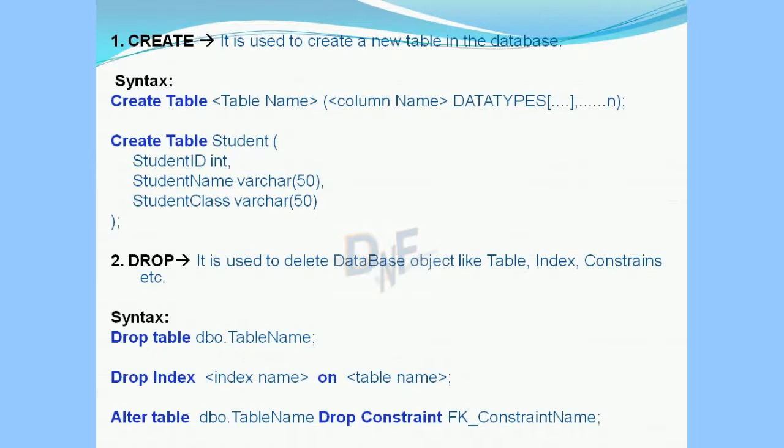If you want to drop a foreign key constraint, put the foreign key constraint name. If you want to drop a primary key constraint, put the primary key constraint name. So with these 3 simple examples we can understand what the drop command is and what the importance of the drop command is.